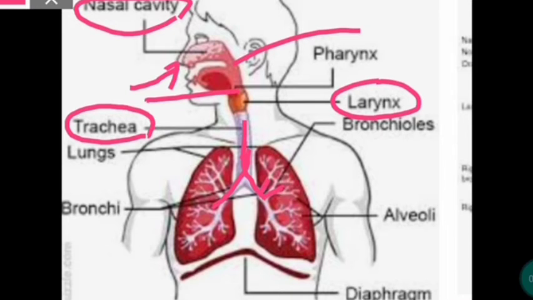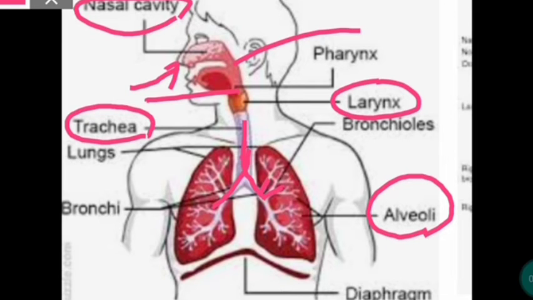At the tip end of the bronchioles, there is a small balloon-shaped structure known as the alveoli, which is the site of gaseous exchange. From the external nostril to the bronchiole is the conducting part of the respiratory system, and the alveoli is the site of gaseous exchange in the respiratory system.